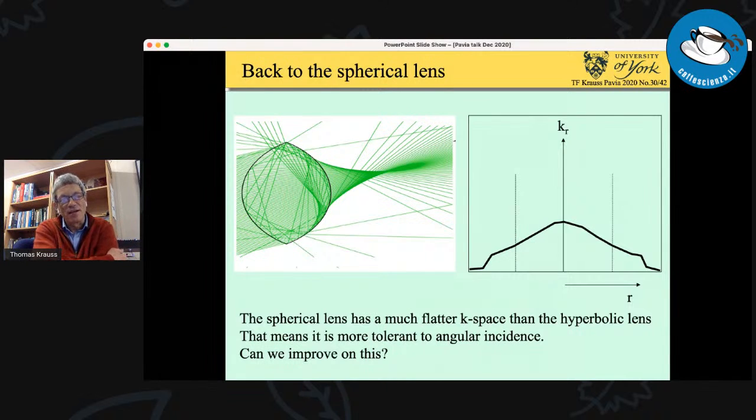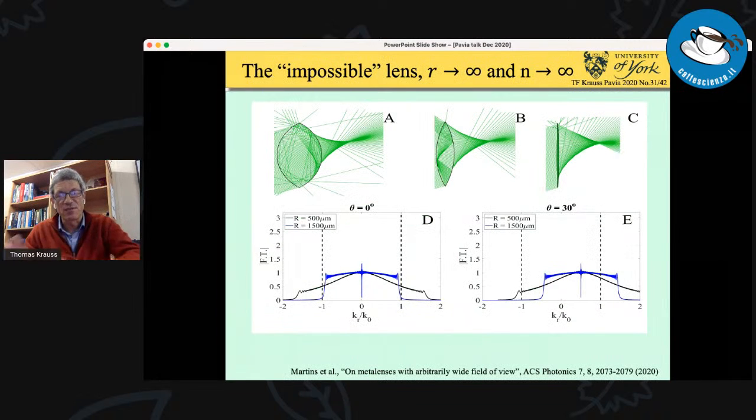Now, if we design a meta lens, we do not have this limitation. We can design a phase profile which can mimic any radius or any index, and that's exactly what we've done here. That's why we call it the impossible lens. So what we've done is increase the radius and increase the index. Because we're not constrained by having to use glass as an optical material, we can artificially mimic any index or any radius. So we can make this a flat lens of infinite refractive index.